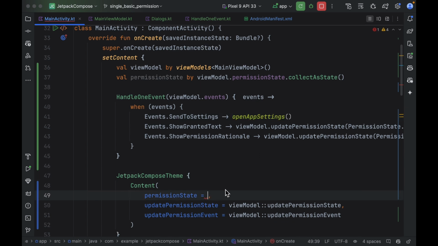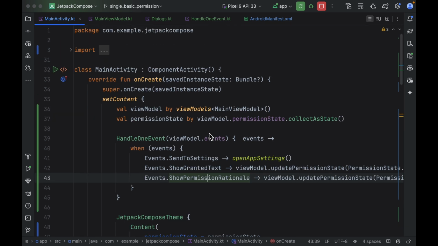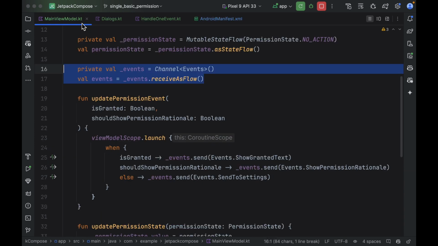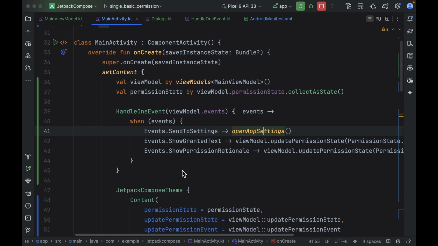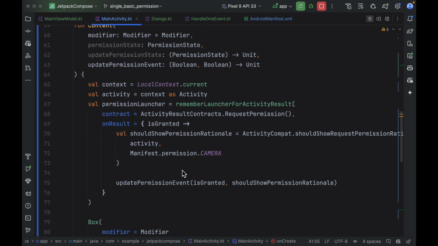Great, and I will put the permission state here as well. Okay, yeah, that's it. I don't know what's happening here. I will open again. Yes, everything looks good. Okay,